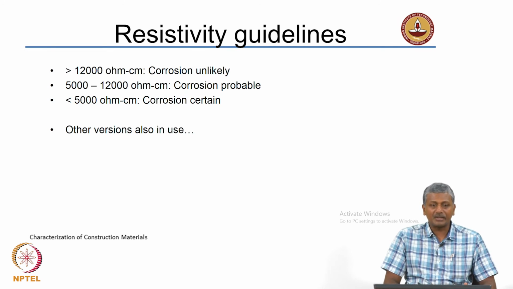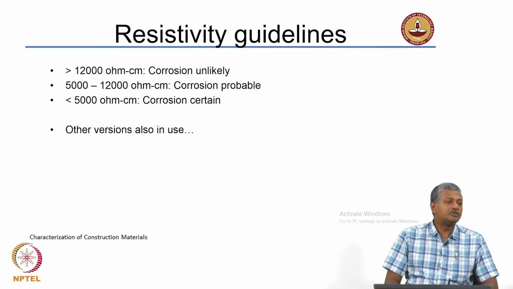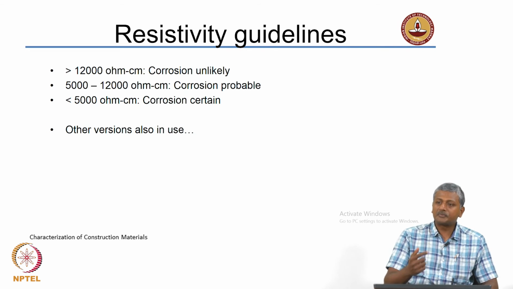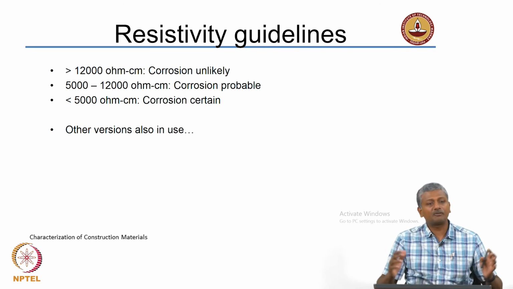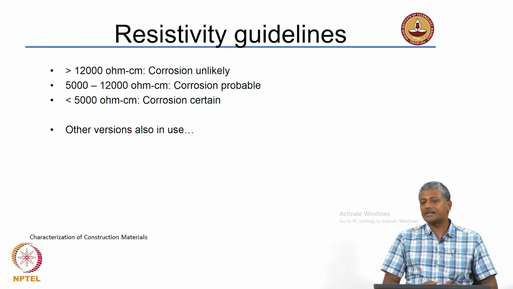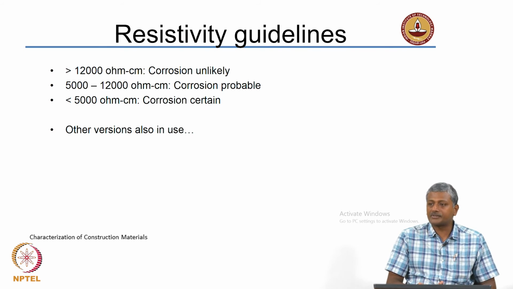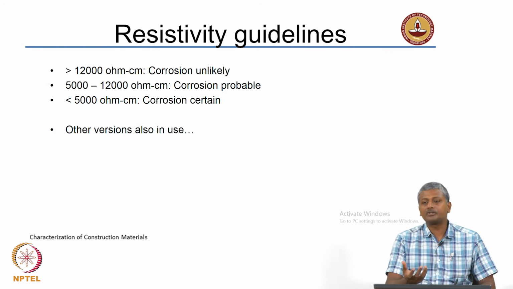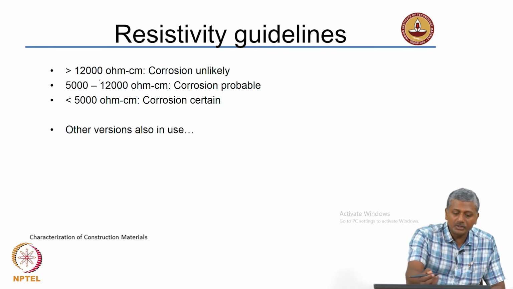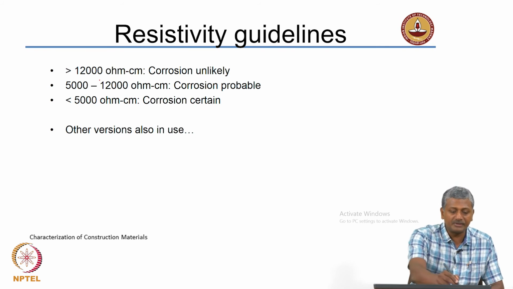Generally, it is well understood that the more resistive the concrete, the more resistance it will offer to the passage of ionic species within it. That means the ionic flow will be restricted in concrete that is highly resistive, and you know very well that corrosion propagation generally happens when you have ionic flow happening through the concrete. Basically, your Fe2+ and OH- ions move through the concrete, and any resistance to the movement of those ions will result in better performance as far as corrosion is concerned. So, generally the corrosion related criteria are drawn up based on resistivity in this fashion.